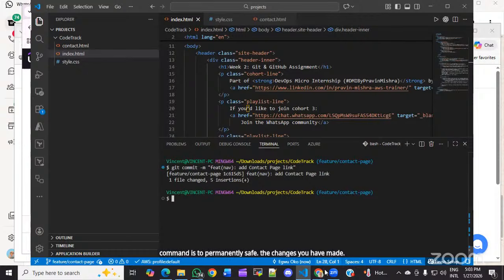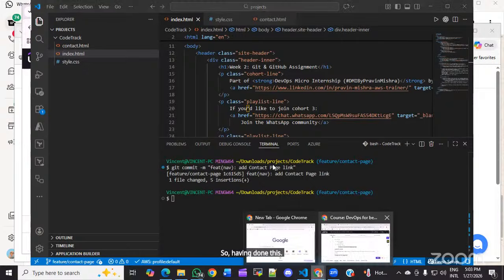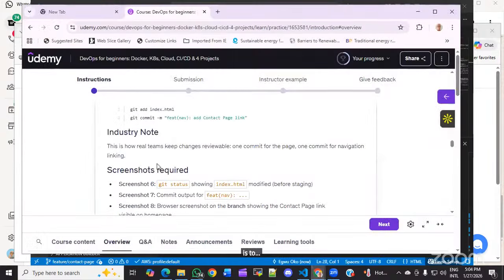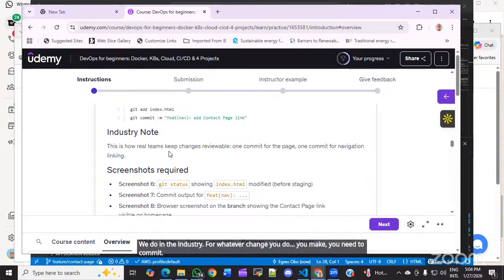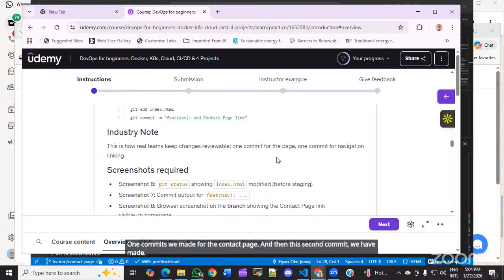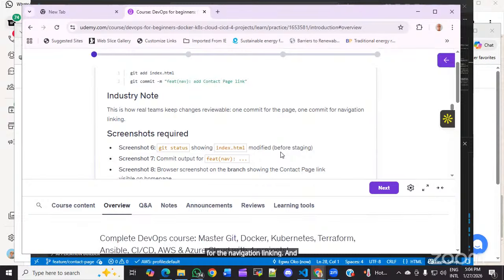So having done this, what we need to do next is to, of course, just like we know, when you stage and commit, this is actually what we do in the industry. For whatever change you make, you need to commit. One commit we made for the contact page, and then this second commit we have made for the navigation linking. And so